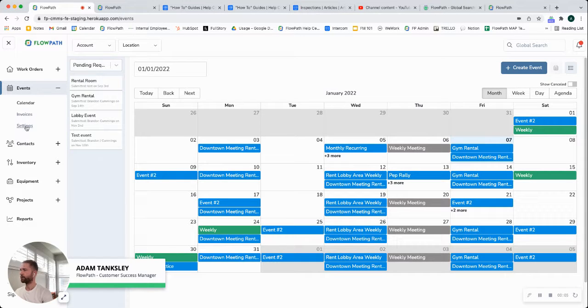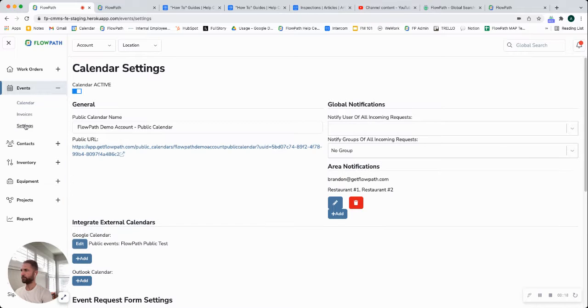Wanted to make a quick tutorial showing our events settings page. So your events lives right underneath the work orders here. We cover the calendar in a separate video in our help center. But for this specific example, we're going to click into the settings where you'll be taken to the actual calendar